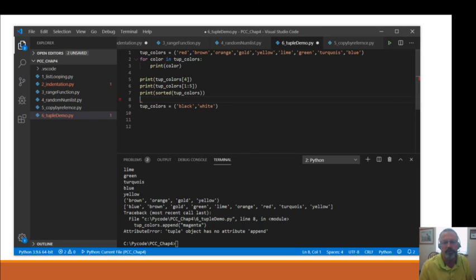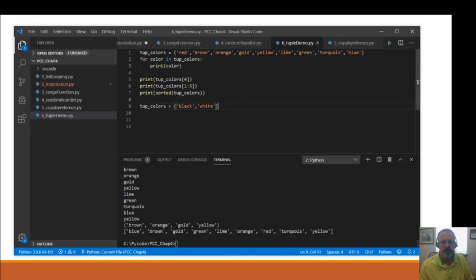Okay, so we're getting an error. So let's remove that. But what if I reassign it? If a tuple object is unchangeable, what's this going to do? Is this going to work? Let's find out. Yeah, it's going to work. You're not changing any value in the object, or replacing one of the values, or adding to the tuple. The tuple is set, but now you're just reassigning, you're recreating the tuple from scratch. Basically, you're throwing this out, and you can do that. You just can't add or change it.